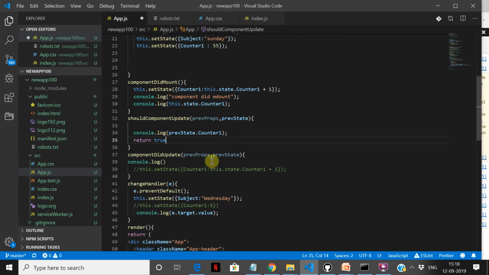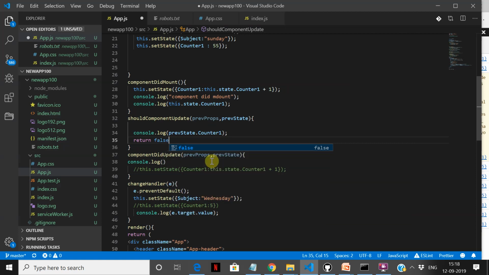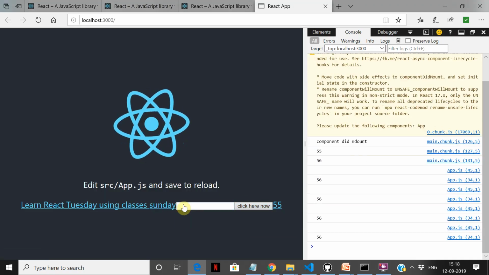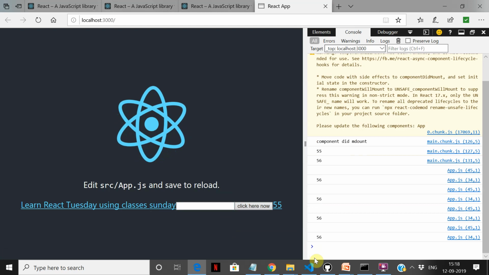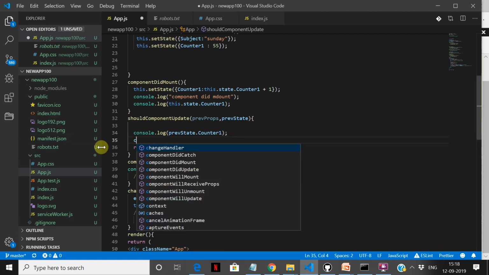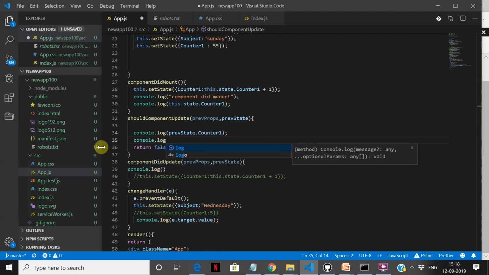Earlier, if you say return false to this, you see the Sunday remains Sunday in the UI. But if you check it in the state, it would have changed. So let us do that. Now we can take this console.log.